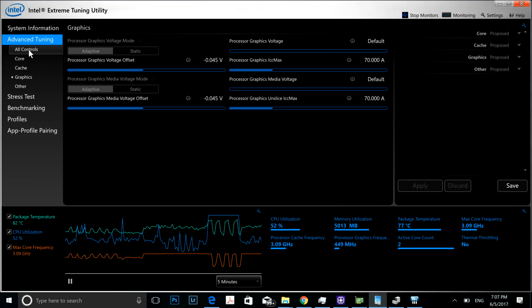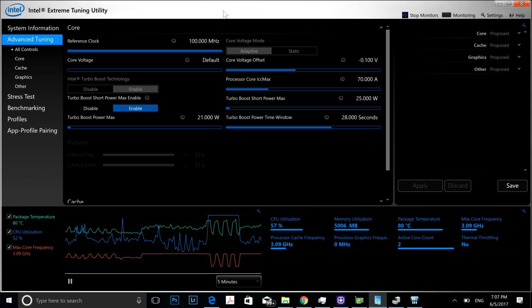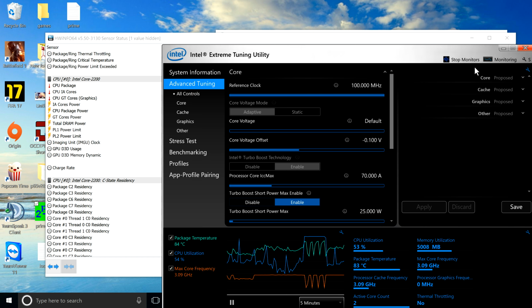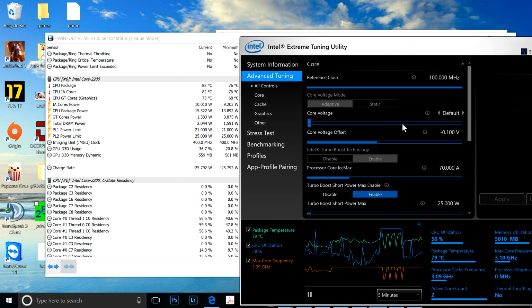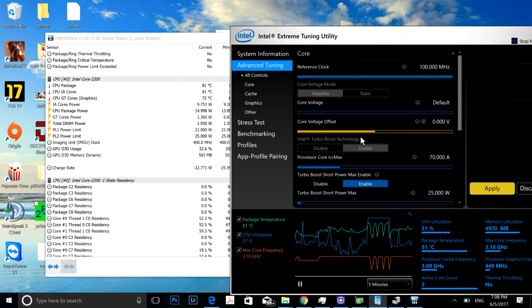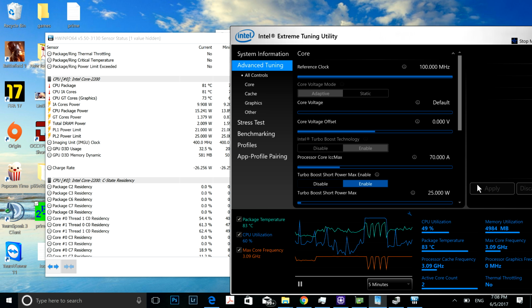If I increase the CPU voltage back to normal, you can see it uses more power. This minus 100 millivolt, I'll increase it to 0, which is the default voltage. You see now it's hovering about 15 watts. If I increase it to default,